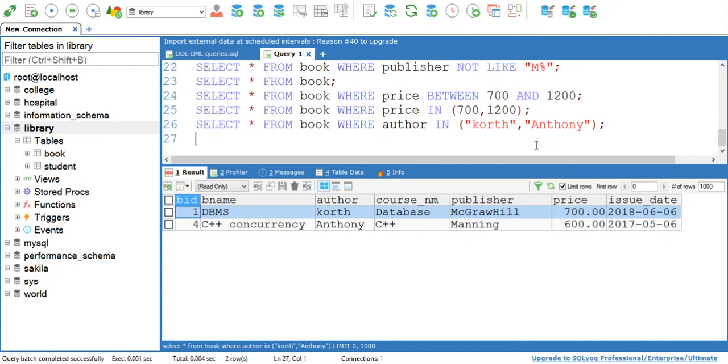Now I have another query. Select star from book where issue date is greater than 2016.